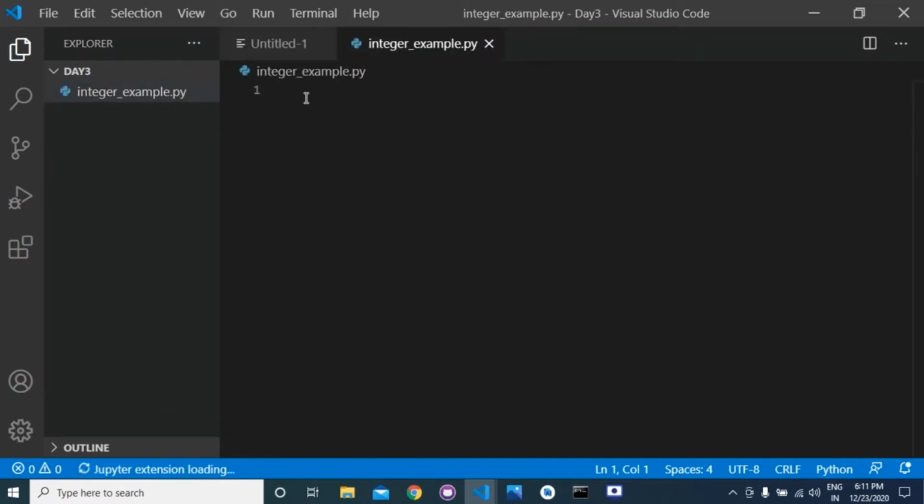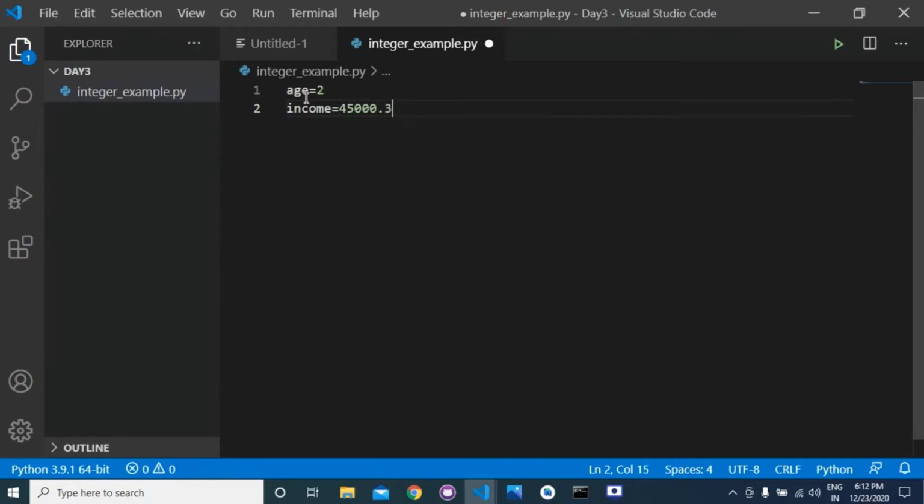So integer data types can store values like 1, 2, -1, 2. So suppose that we have age. Age is equal to 2. So this is an integer. Similarly, income is equal to 45,000.3.